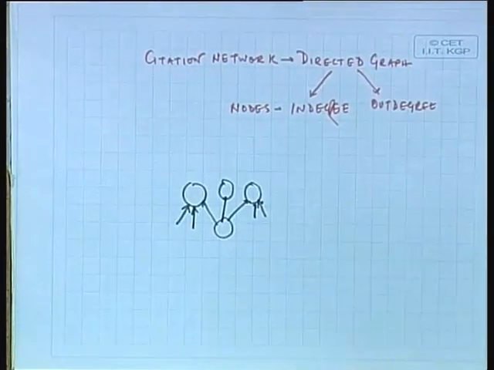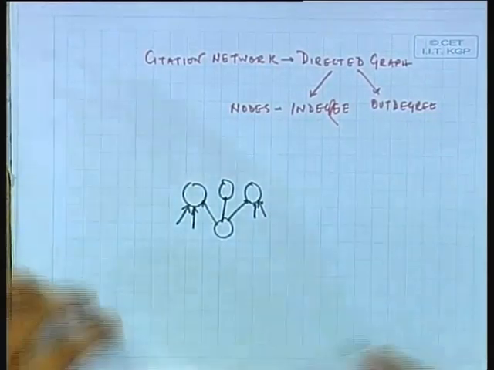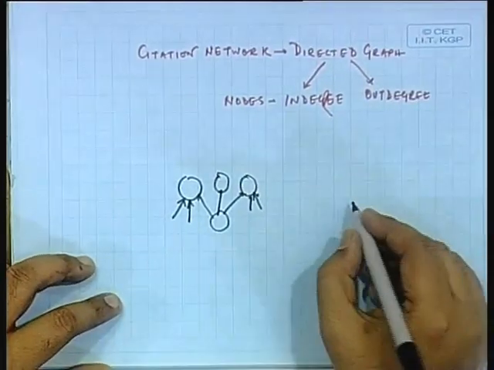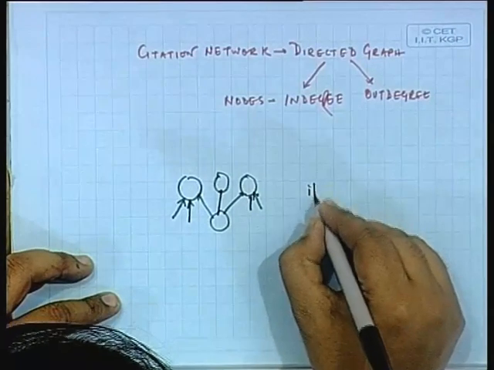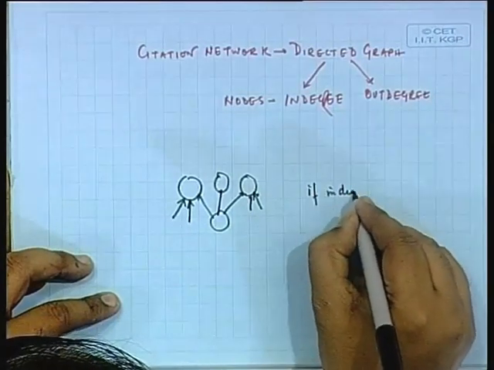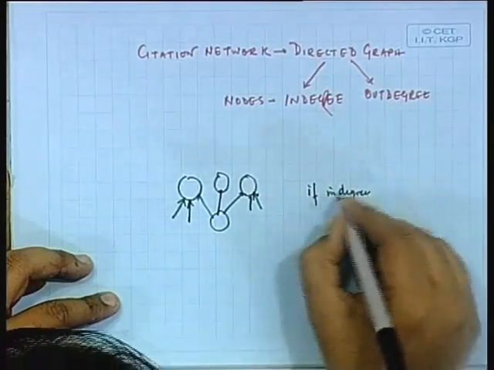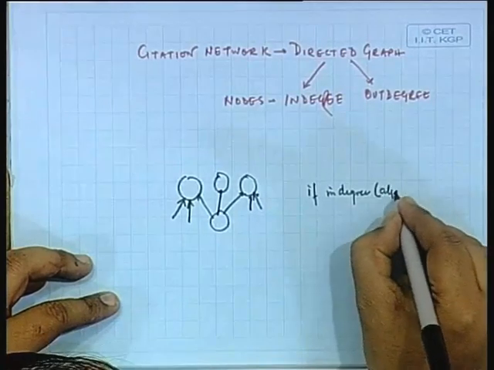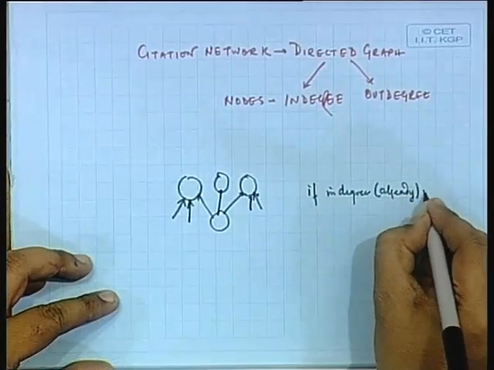So, now let us think about what will be, if the in degree already is k,